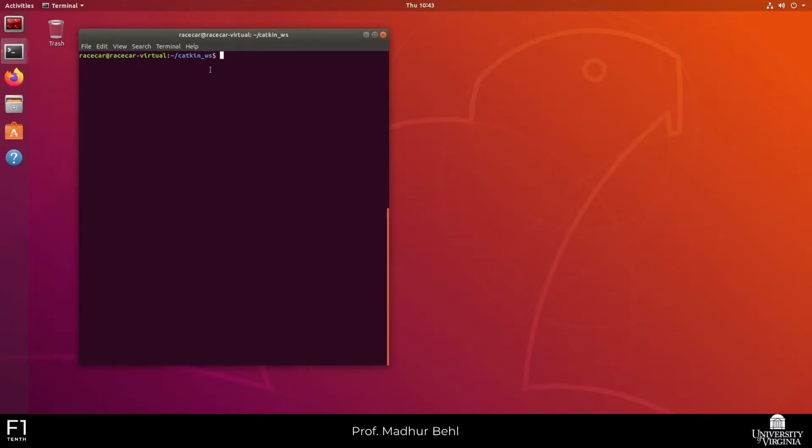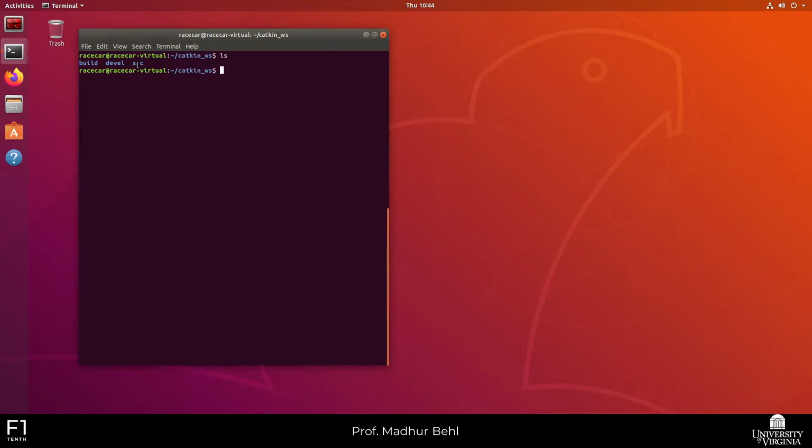What that means is, if we look at the contents of this directory, we had only created the source folder, but upon running the catkin_make command for the first time, it creates this CMakeLists file in the source folder that we saw. Additionally, looking at the current directory, we see that we have a build folder and also a development folder. In fact, if we go inside the development or devel folder, we'll see a lot of these